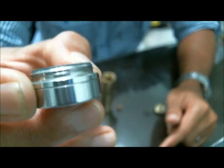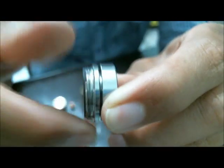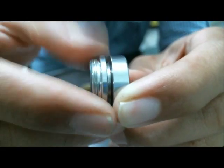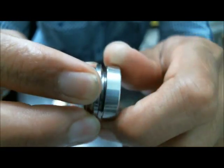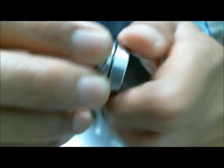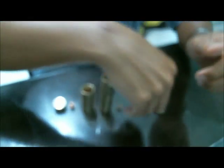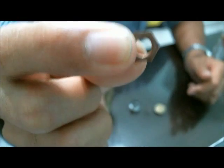The switch body is the only SS component in here. Insulator to stop the battery, and it's got the locking ring, reverse threaded, completely detachable, reverse threaded, always make you turn your head around. Okay, the brass nut, the copper nut actually is the one that makes contact with the battery,